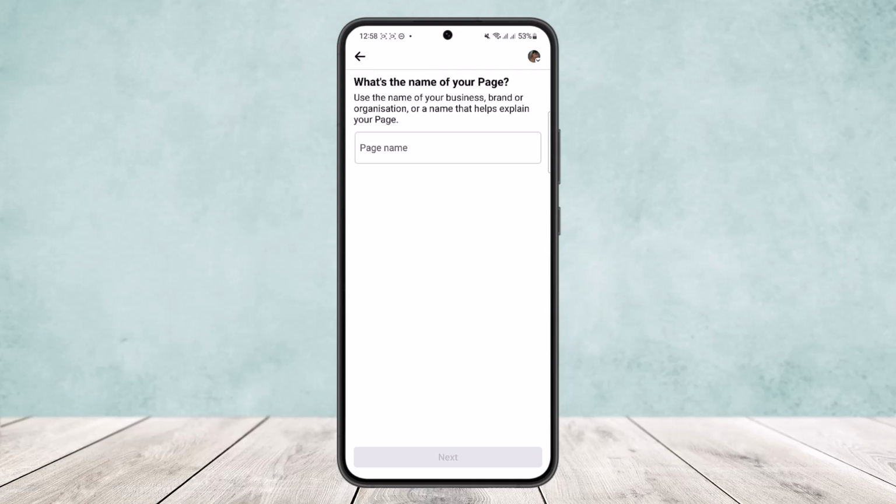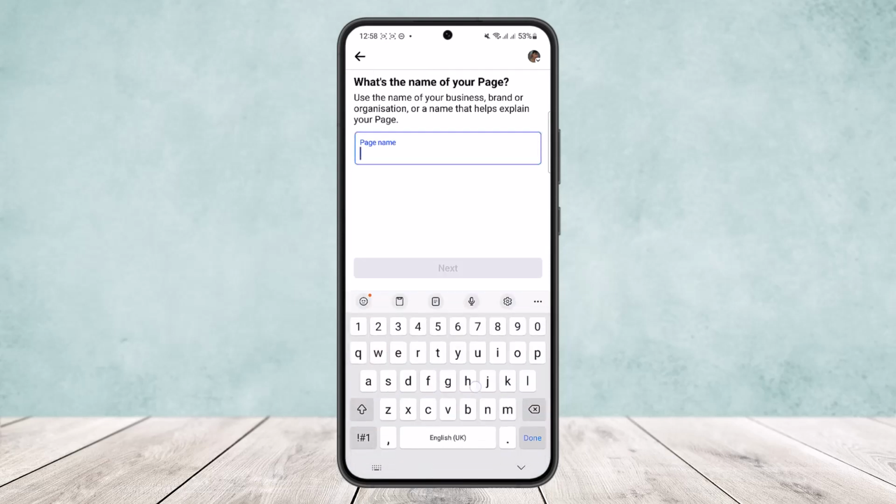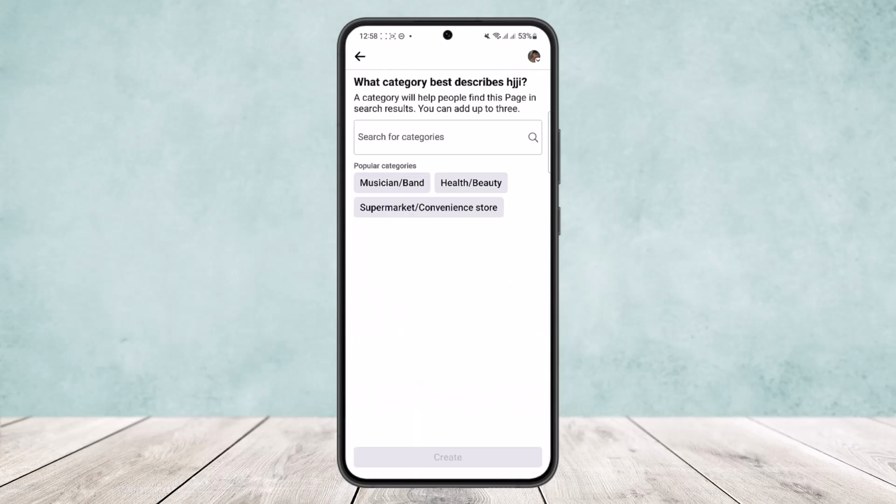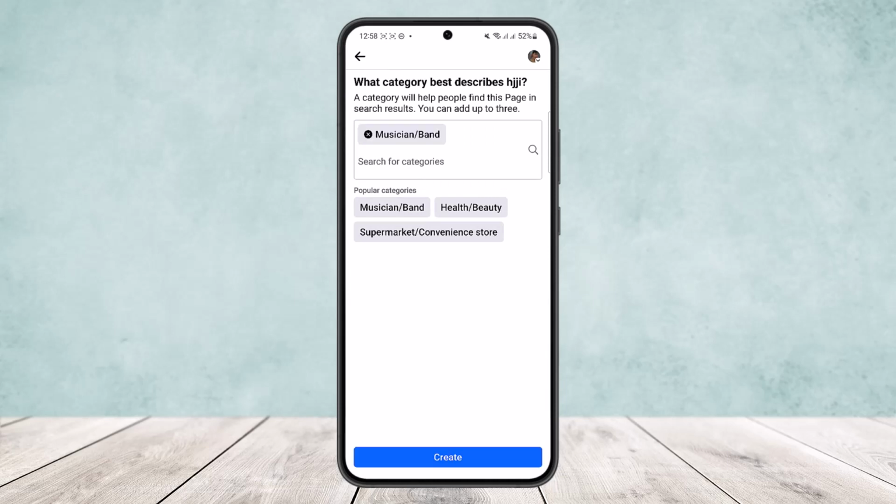Simply tap on get started here. Now enter your page name. Enter any page name that you want to set as your page name. Then select the category here. You can search for any category from the search bar here and then tap on create and your page will be created. Once you tap on create, your page will be created, and once it's created it'll ask you to